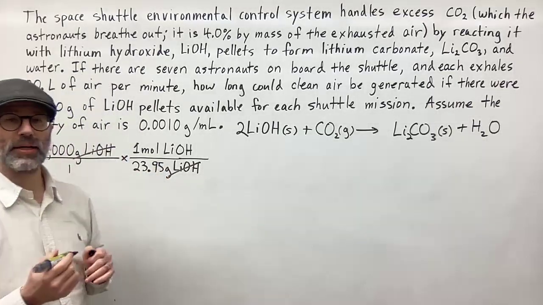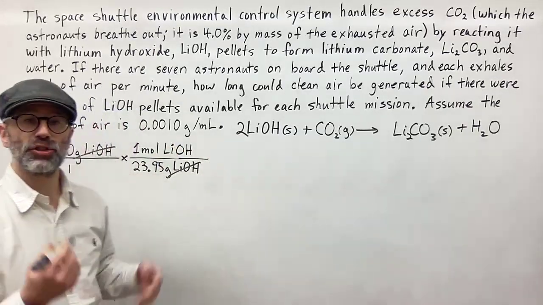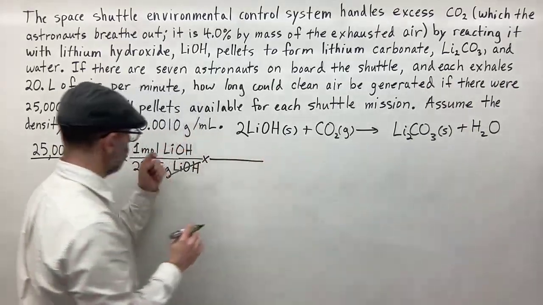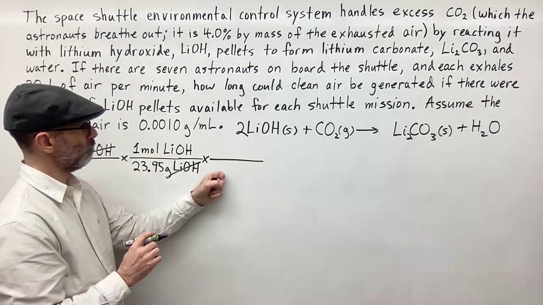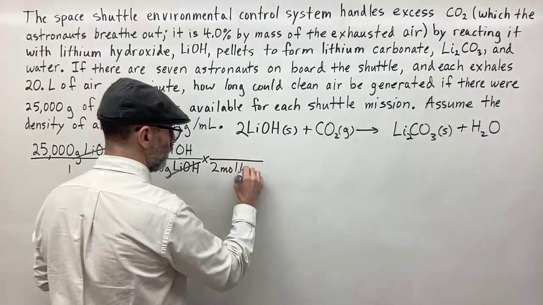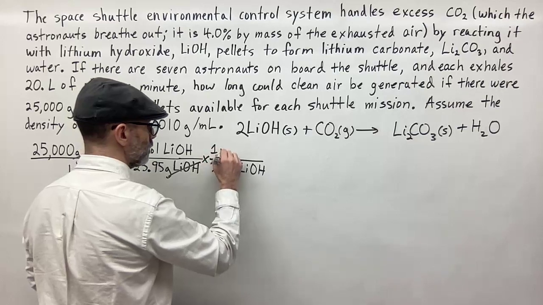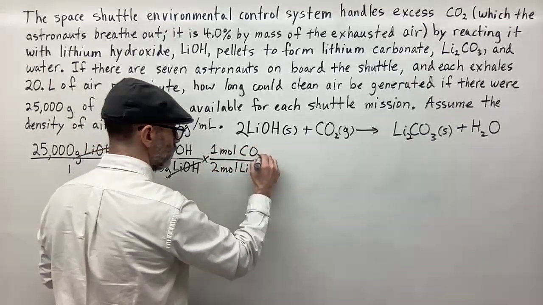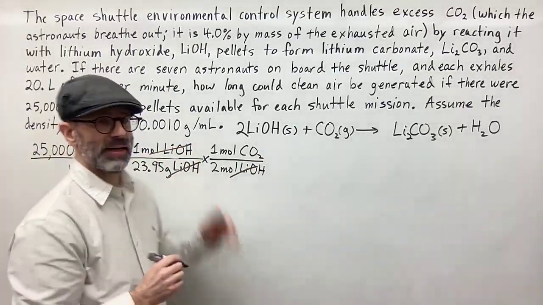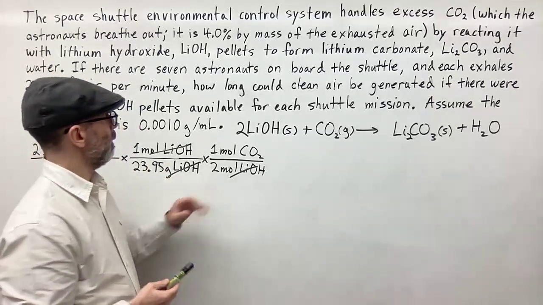Now I have moles. Now I can use the mole ratio between lithium hydroxide and carbon dioxide to convert to moles of carbon dioxide. So I have moles of lithium hydroxide on the top. I'm going to put moles on the bottom. So I have 2 moles of the lithium hydroxide on the bottom, 1 mole of carbon dioxide on top, 1 mole of CO2. So now moles of the lithium hydroxide cancel out. Now I have moles of carbon dioxide, but I'm going to have to get that to grams